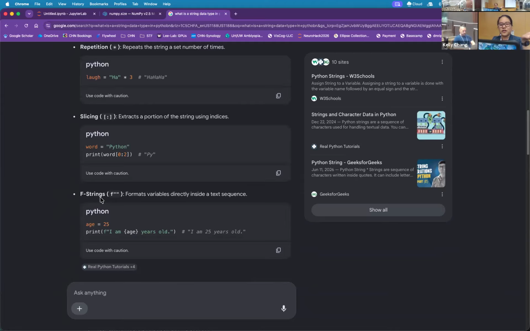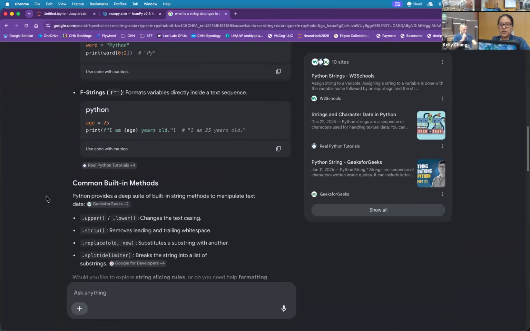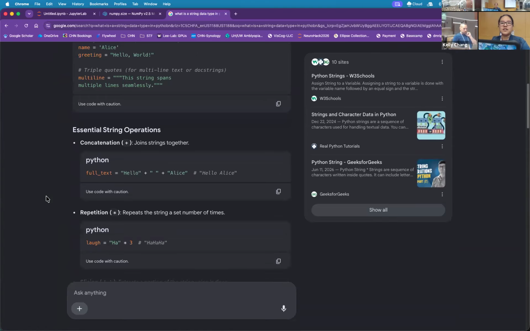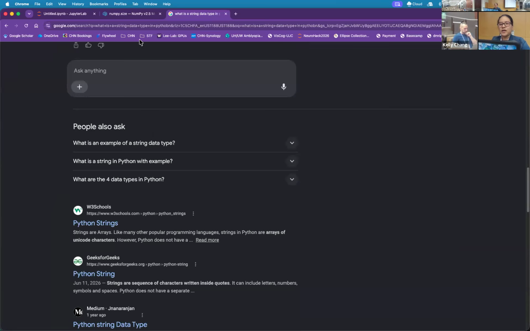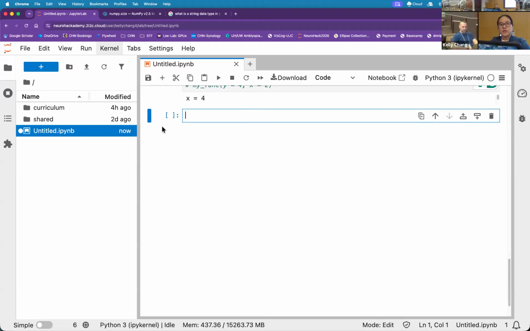Notice that here are literally the f-strings, the formatted strings I just explained to you. There it is as well, given as an example. So don't be scared to just ask and look online to see what happens. Nothing's going to break or explode if you try something and it doesn't work. Just use it with an informed mindset: probably most of the time it will be right, but sometimes it might be wrong, especially as we go into lesser developed packages or data sets that the AI overlords have not scraped to kingdom come just yet. Okay, any questions?